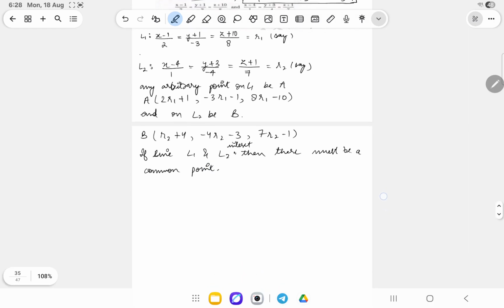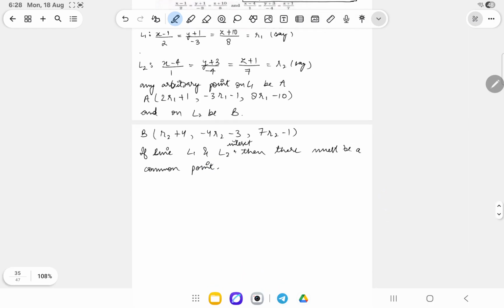So if there is a common point in line L1 and L2, there must exist a value of r1 and r2 where the value of coordinate A and coordinate B are the same. So using that logic, let us equate point A and B. So on equating